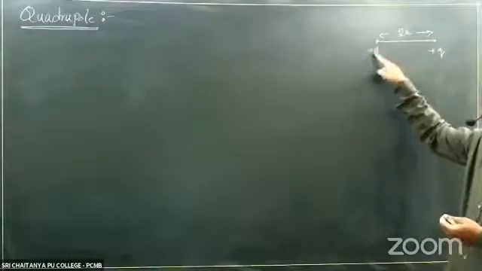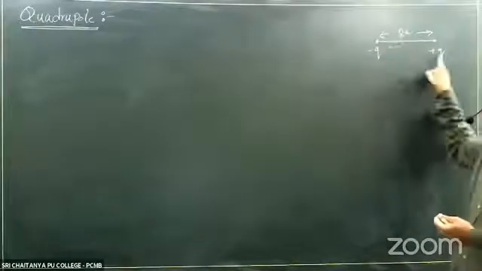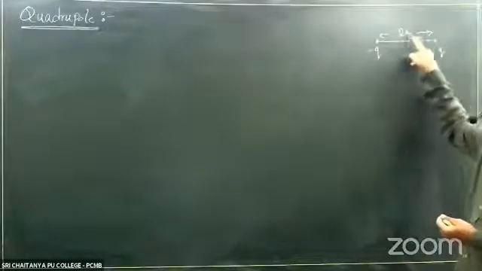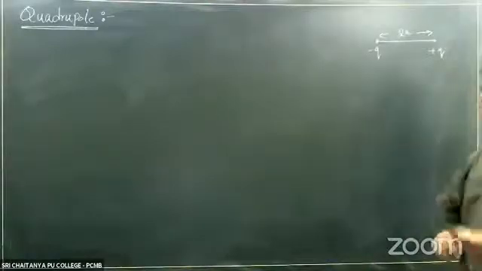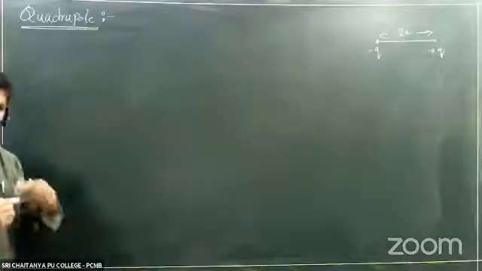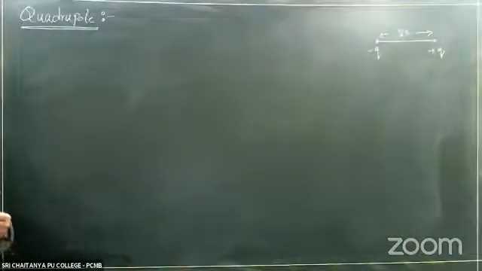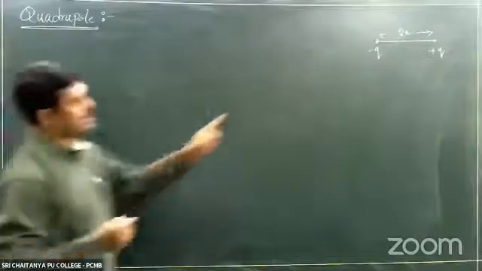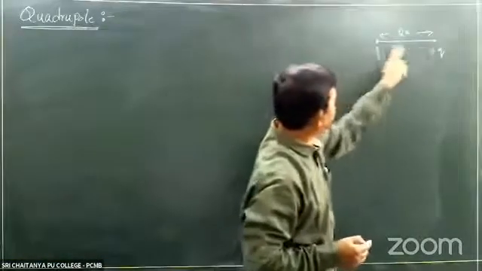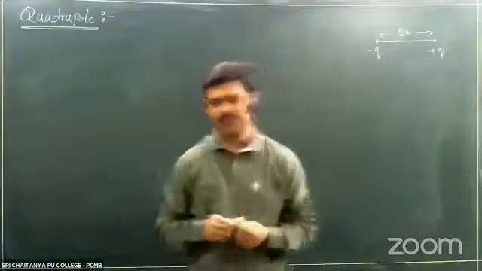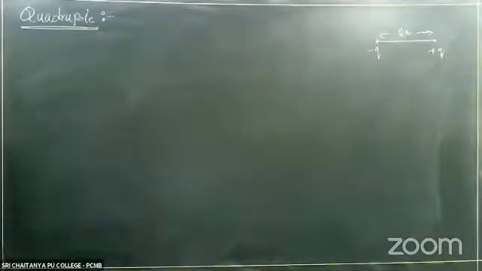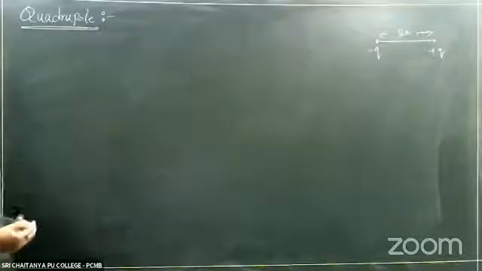Equal and opposite charges minus q and plus q separated by a small distance 2a, then we are calling it a dipole. Sometimes in molecules or somewhere, the charge distribution is in such a way that these positive and negative charges are not along the same line in the arrangement of those charges.